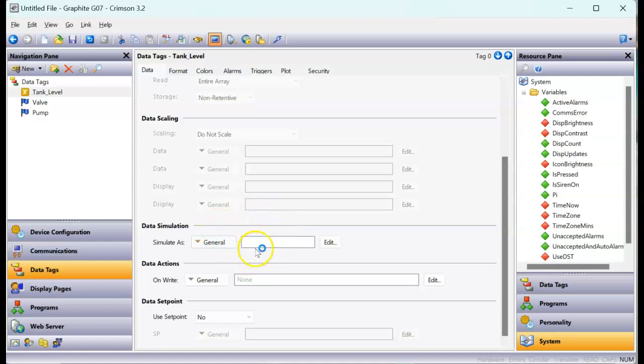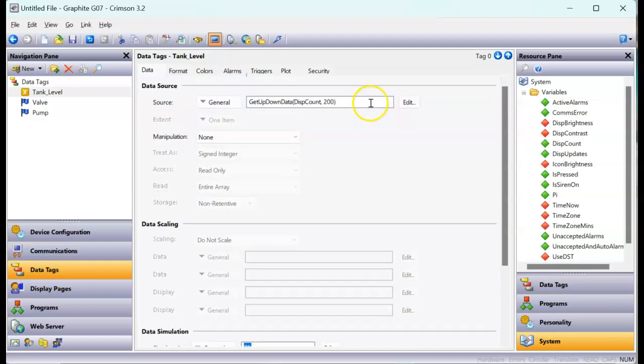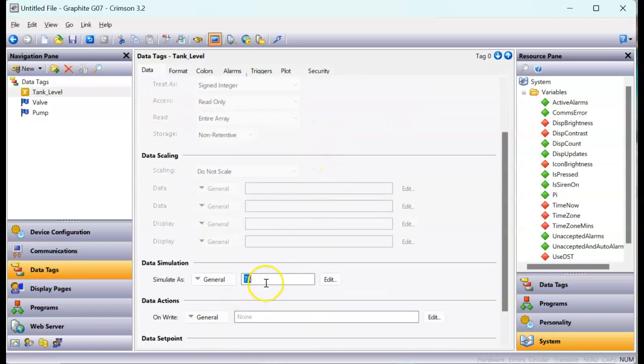So if you want your tank in Crimson here in the program environment to simulate some value, you can put in here, for instance, I'll put in the number 75. I know it's going to go from 0 to 200 because that's what we have right here for our limit, 200 here. So now that I put in 75, you can pick any number you want between 0 and 200